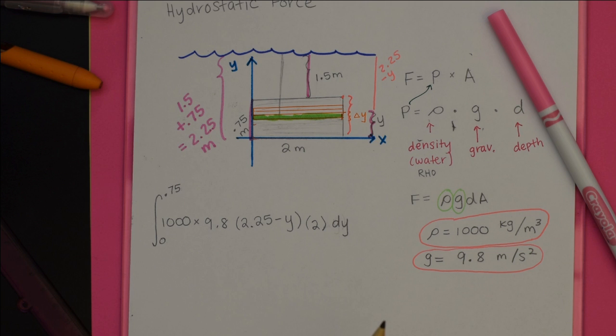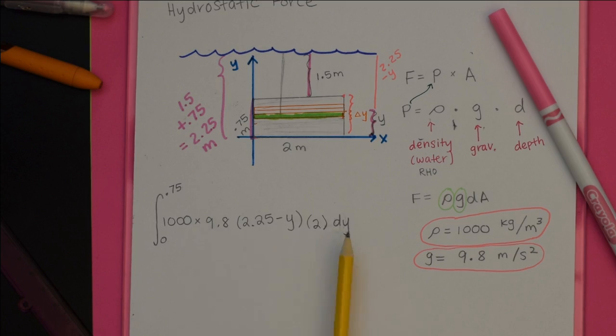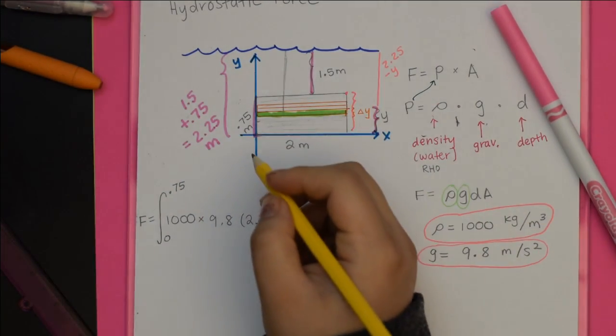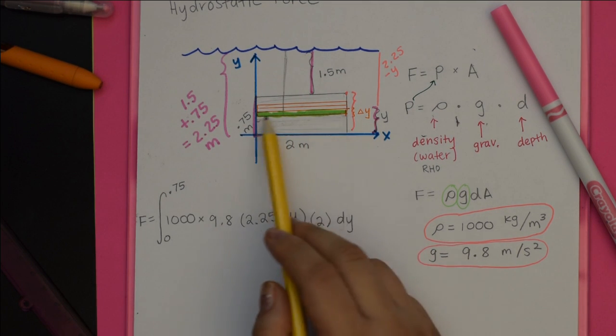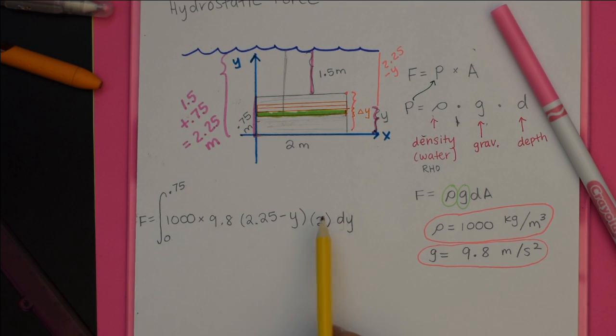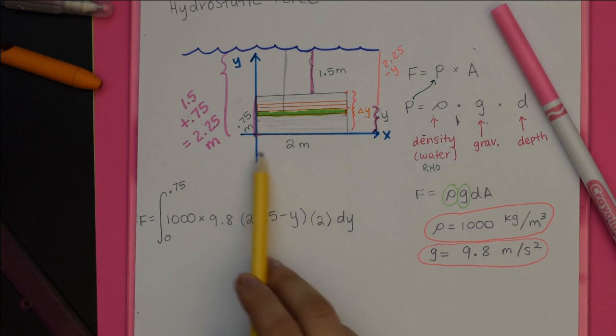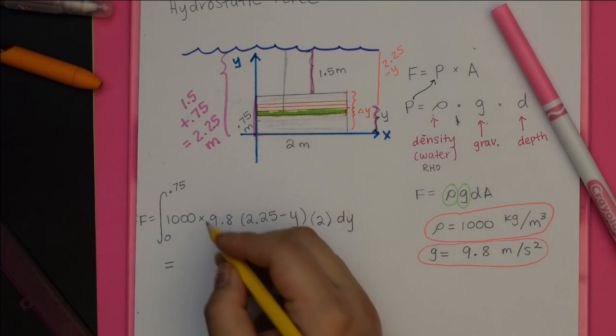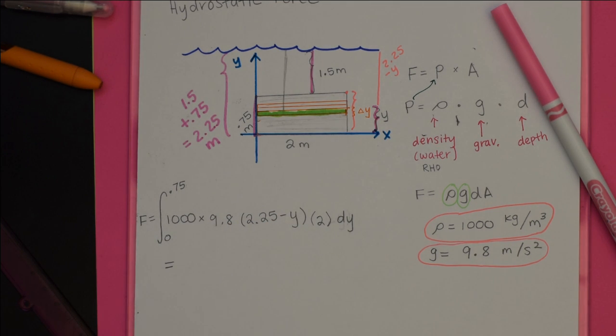So I hope that we're good so far. We now have a definite integral. This is F, by the way, the force on the whole object. So we start with the force on one rectangle, then we take that sum, which turns into the force on the whole thing. So we have a definite integral, we have one variable, y, and so we should be able to just evaluate this. So I'm going to start by pulling out the constants, and take your time